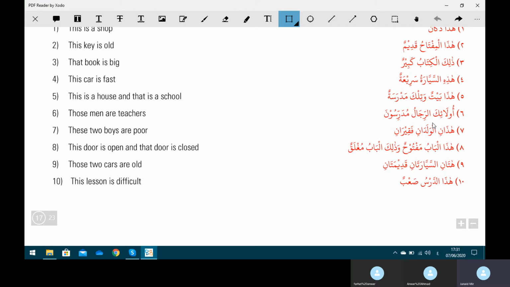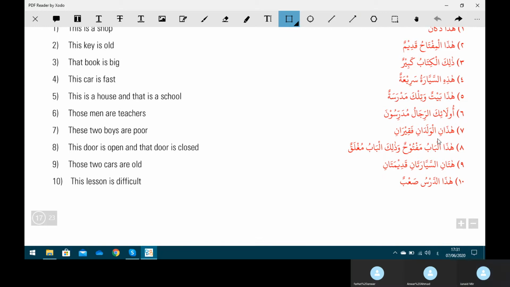Man is masculine and it's plural. Ulaika would be the correct one to use. That's masculine and it's plural. So you say ulaika rijalu, those men. You need to make a fragment, so you use alif lam here. Ulaika rijalu